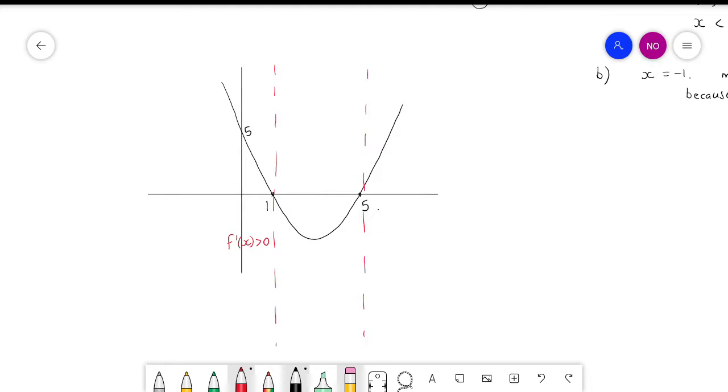On the left-hand side van die stippellyntjies is die parabool bo die x-as, meaning that it is a positive graph. Hy het positiewe y-waardes. Here in the middle, we have the first derivative will be negative, want hierdie stukkie van die grafiek lê onder die x-as, wat beteken dis 'n negatiewe grafiek. And then after 5,